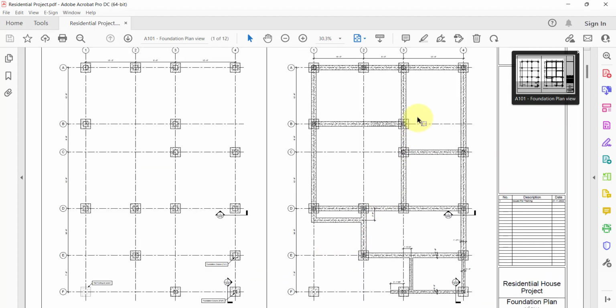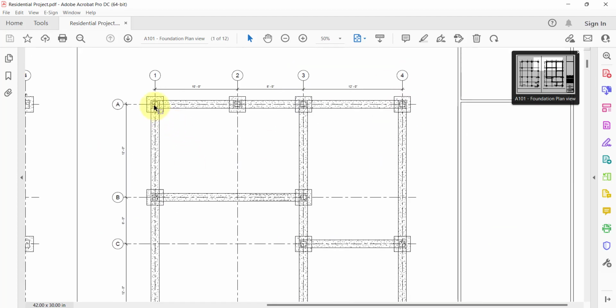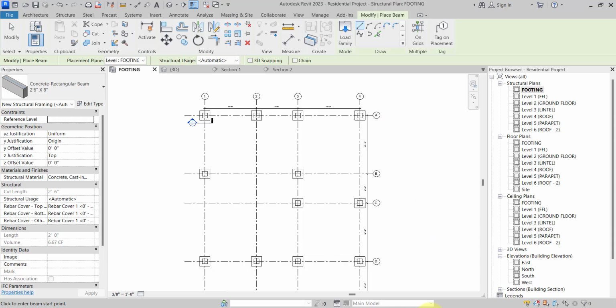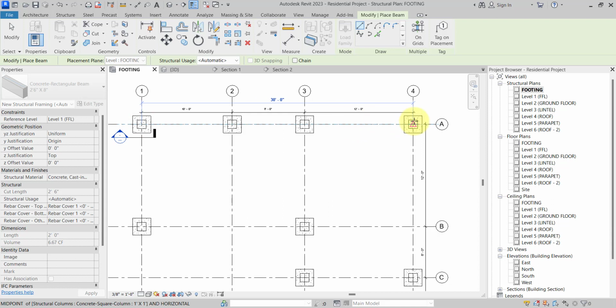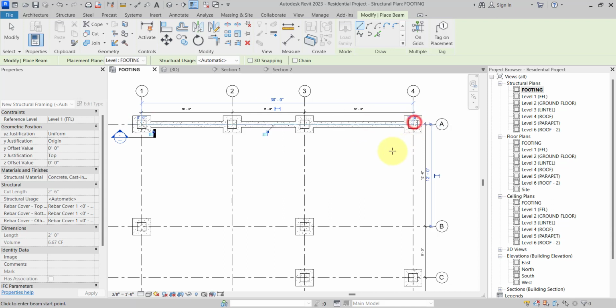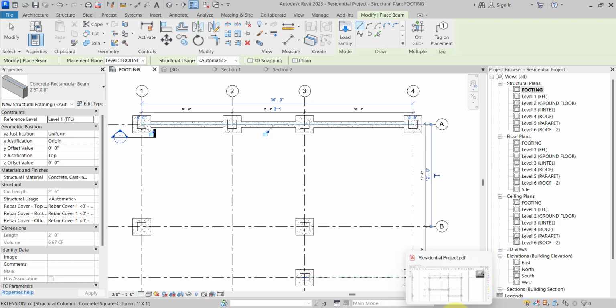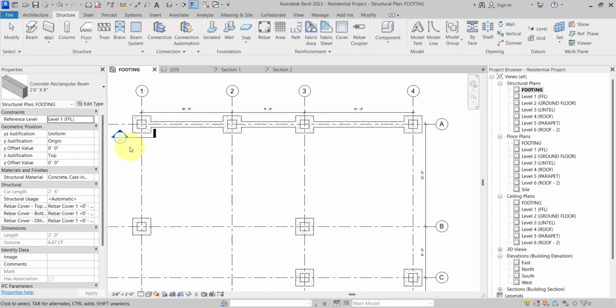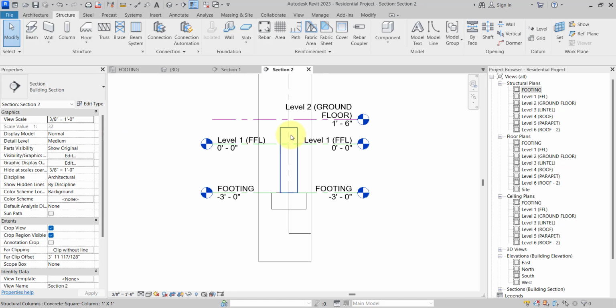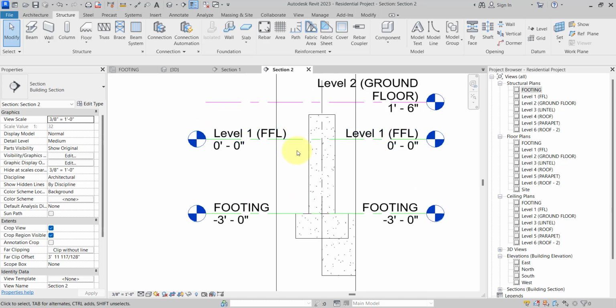And now we will start to place the beam. One beam is at grid A from here to here. So we can click the intersection of this to the intersection of this, and make sure we place this as a structural foundation beam. Here if you cut one section, right,